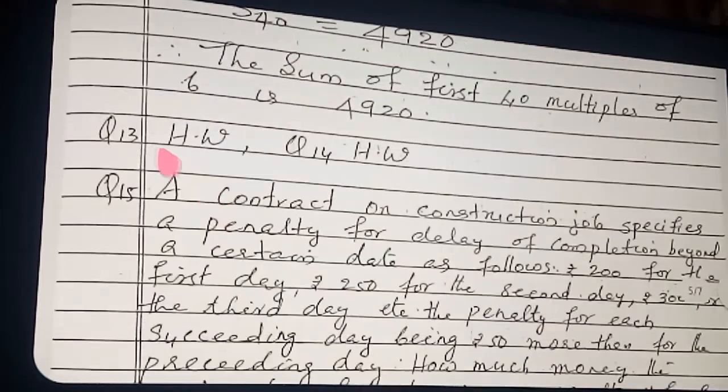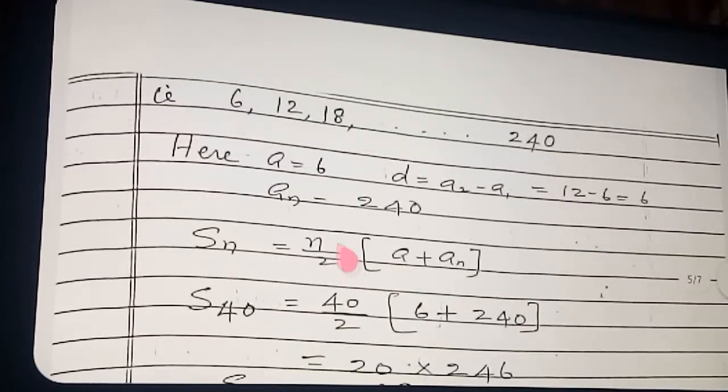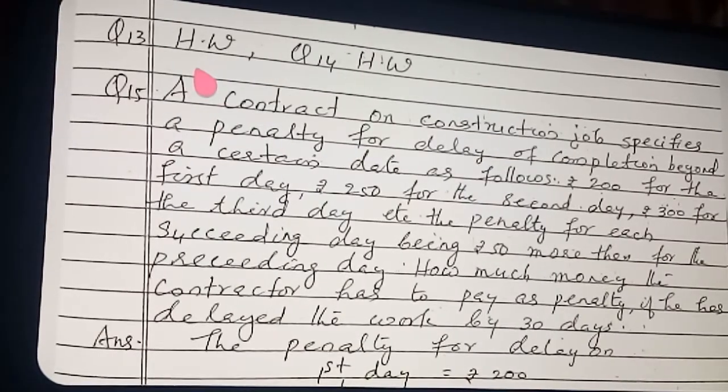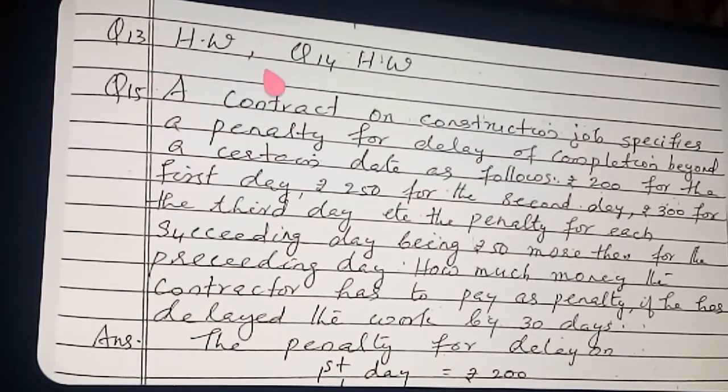And now students, question numbers 13 and 14 the teacher has given us as homework. Okay, we will move to the next question, question number 15. Clear? Question number 15. Did you all copy the previous sums? Question numbers 13 and 14 are homework, very easy sums. Now question number 15, you read it first. You yourself read it.